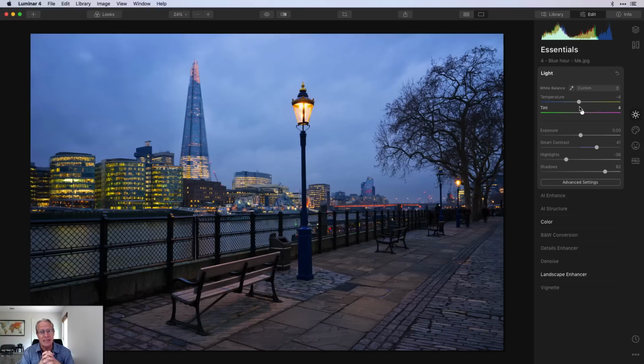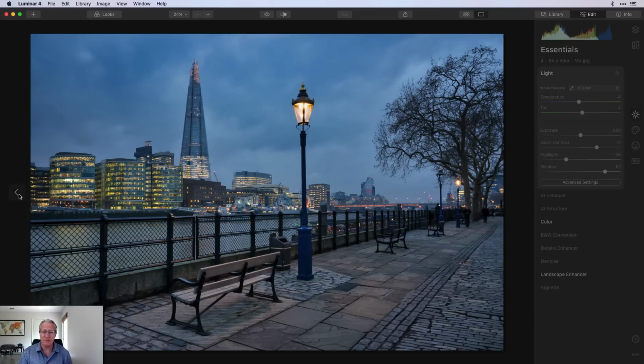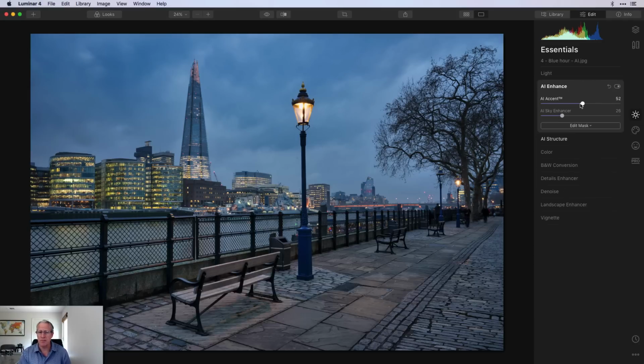I'm using temperature and tint because I like to massage those sliders, the temperature and tint. It impacts color. I'm a big color guy. So if you don't really do that sort of thing, maybe this AI version is going to be just fine for you. To me, it's a little too bright in the foreground, and I can change that by taking this down. But as I